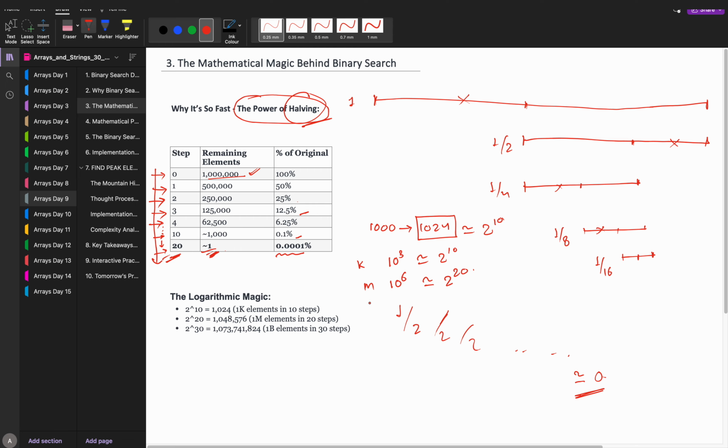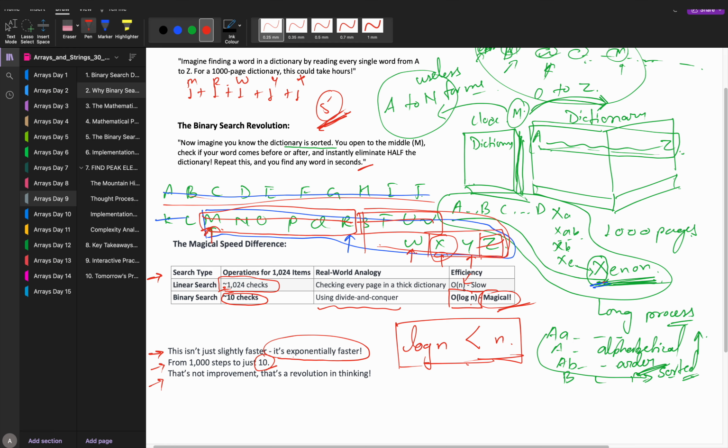Similarly, if I go to billion, so 10 power 9, this would be equal to 2 to the power 30. So that's how it is. We can represent it, so don't worry about it. Now this is just representation. Now you can see that 10 power 6, which is 2 to the power 20, got reduced to 1 in 20 steps. Earlier what did we see? It takes log of n time, correct? Logarithmic division happens, efficiency is log of n.